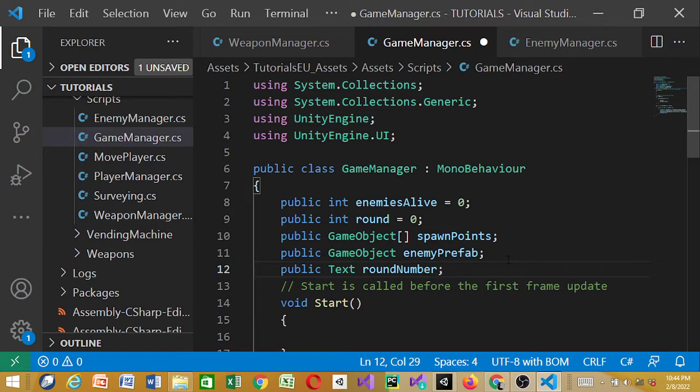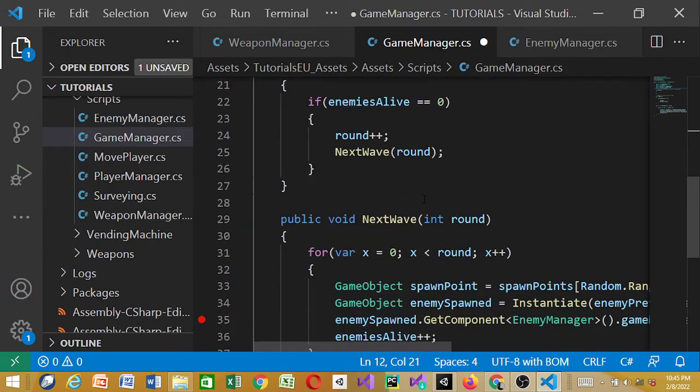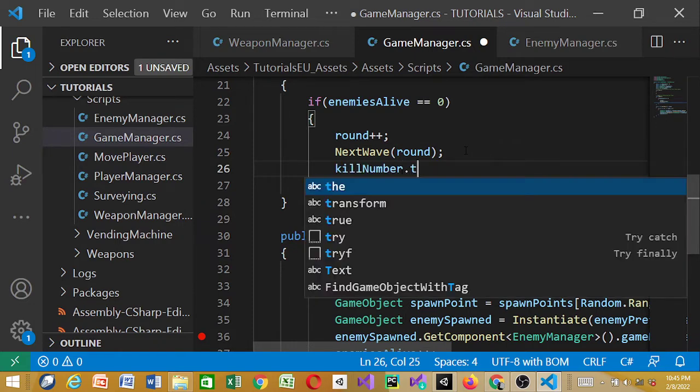As you guys are using the round, I'm gonna be going with Q number. Yeah, that's the number of Qs you've gotten. Then under this place I'm just gonna say Q number text, Q number dot text